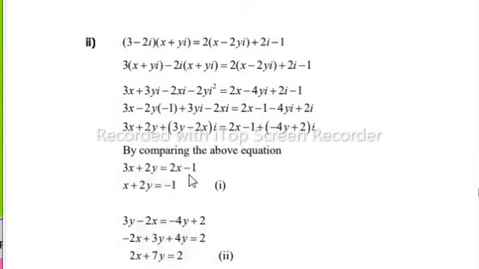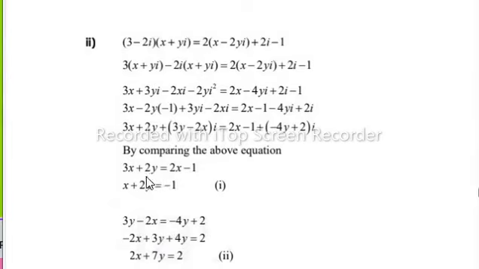That's why we compare both real parts, and at the left and right 3y minus 2x is the imaginary part, while minus 4y plus 2 is also the imaginary part. Then we also compare these both parts here. So by solving